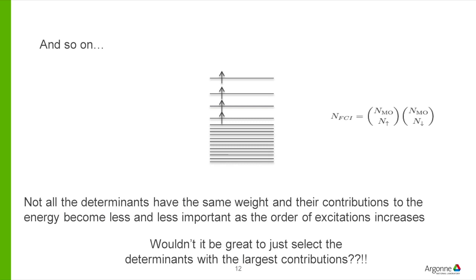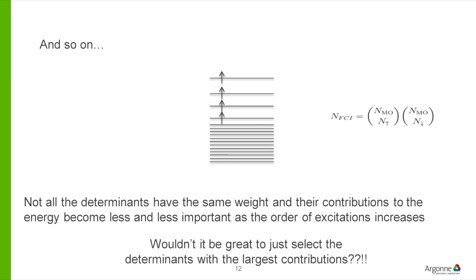So let's say this is your ground state. It means that you're going to take a linear combination of all the single excitations, all the double excitations, all the triple excitations, and you continue like this until you have a linear combination of all of them. And this is the full CI, full configuration interaction. And of course, this has factorial scaling. So obviously, you're not going to go very far, and your Hilbert space is going to have